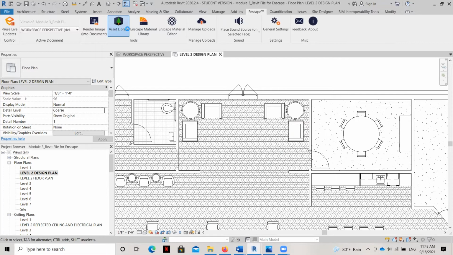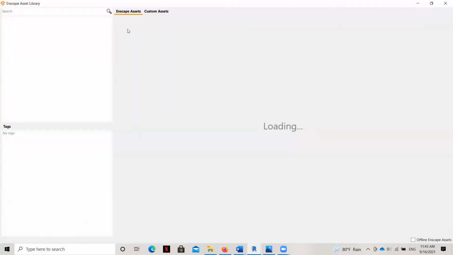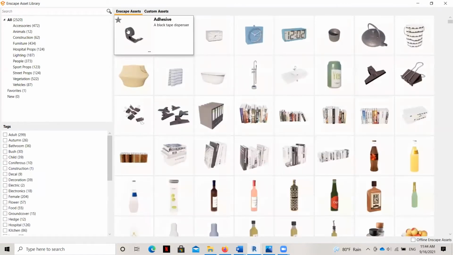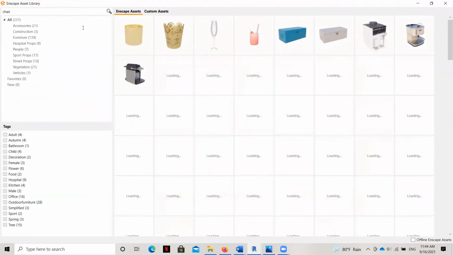Now, remember, these are assets that are, as we say, out of the box. And so what you have to be careful of is, as you select your assets, just be mindful that the things that come up at the very top are the ones that are most popular and the ones that are going to be seen most frequently in renderings that you see. So you're going to want to try to find really unique ones within this asset list. So I'm going to search for chair and see what comes up.